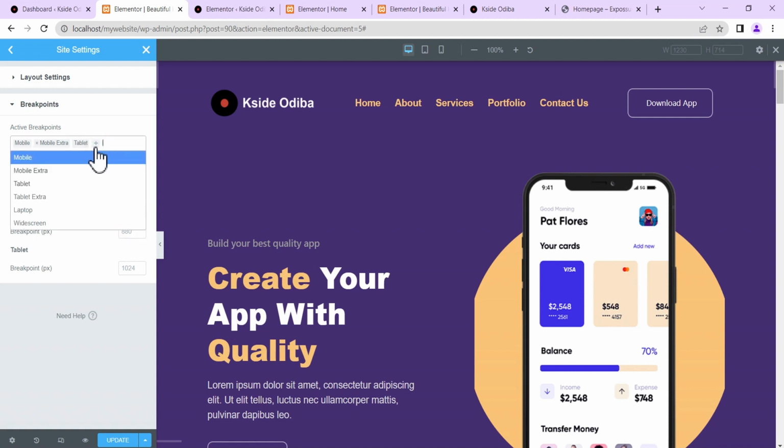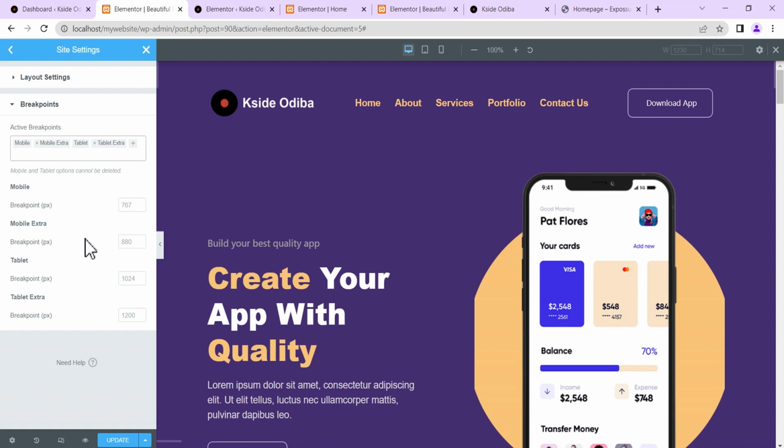And then I'm going to also add the tablet extra, and I'll leave all the sizes, or rather the widths, by default, so we can see it for the purpose of just this tutorial. While on your own you can set it up depending on the various screens you want. There are a series of screens out there. So now once you've done this, you just click on update,